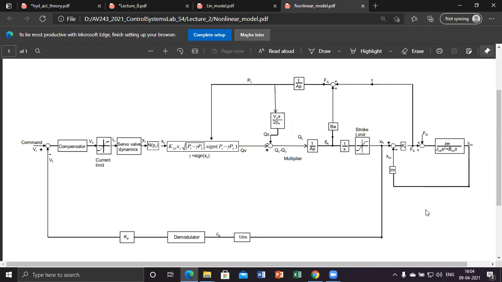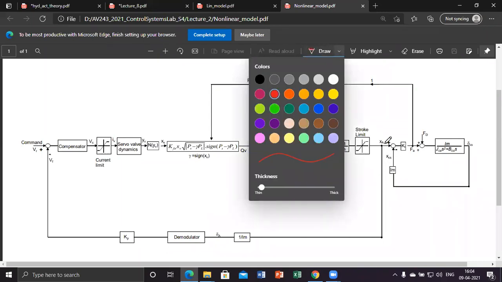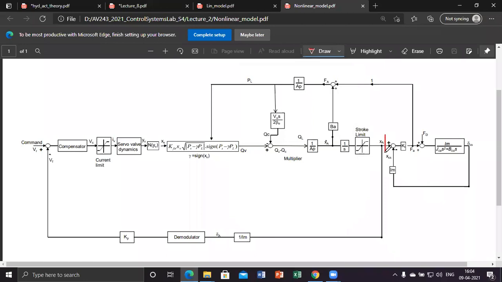And I want to highlight some features of this. Suppose you are disconnecting the external load and you only have an actuator. You are placing the actuator on your tabletop simply. Then its mathematical model is obtained by simply cutting off this point and this point. The mechanical connection from the actuator to the load is through this, and the feedback connection from the load to the actuator is through this FA. So no force is transmitted to the external load.